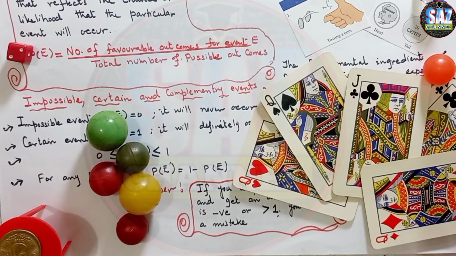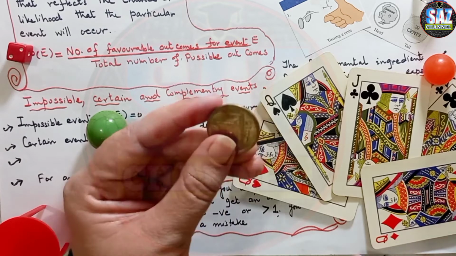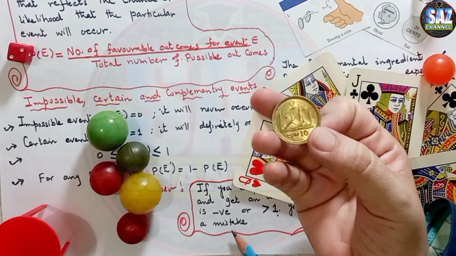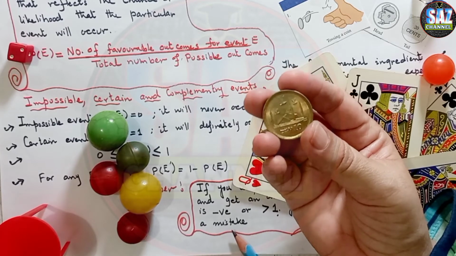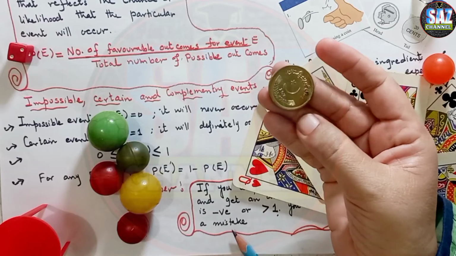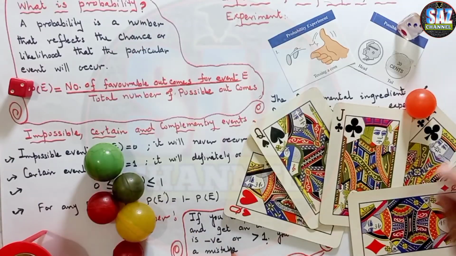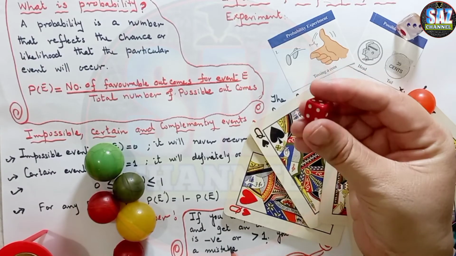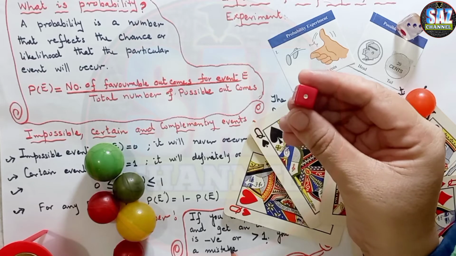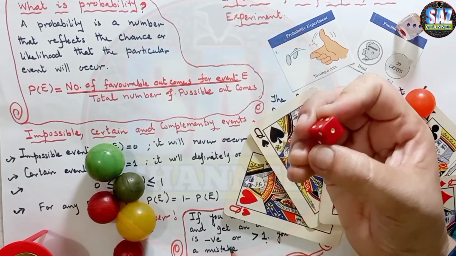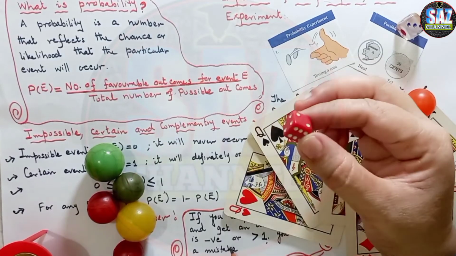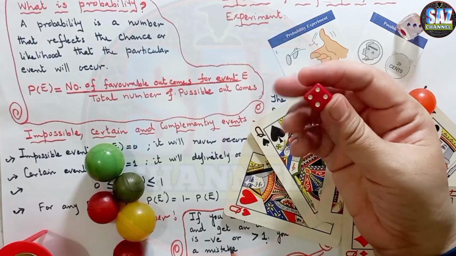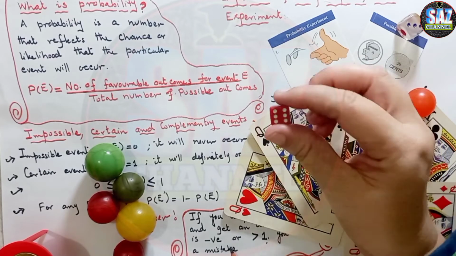Before moving to the lesson, I have different gadgets with me. I've displayed them in front of you. These are the gadgets that will be used frequently in this article. This is the coin with me, and everyone knows that a fair coin has two faces. One is the head and one is the tail, head and tail. And then the next gadget that we will be using frequently is the dice, and dice will have 6 faces with one number printed on each face. Like this is the face with number 1 printed on it, then 2, then we have 3, 4, and then we have 5, and then 6.